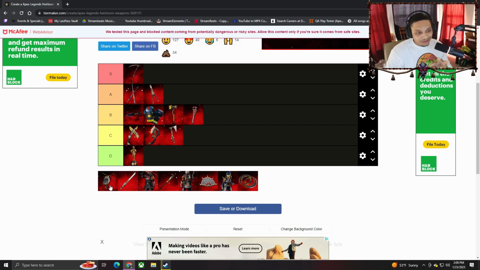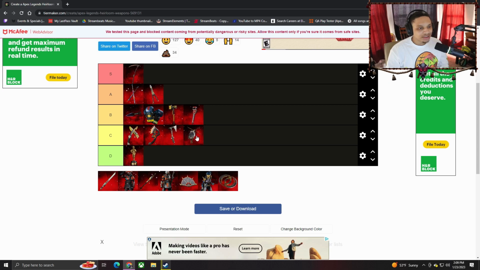But all the little stuff that happens with it and whatnot, I would have to say Watson's is the best C tier. It's ugly. The animations are saving it though, because I think the animations are cool on it. Moving up,